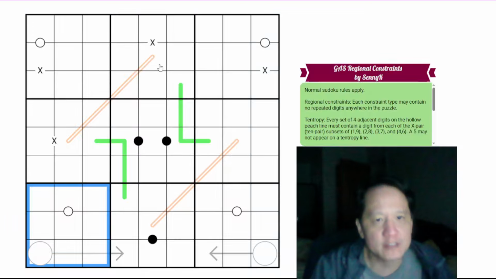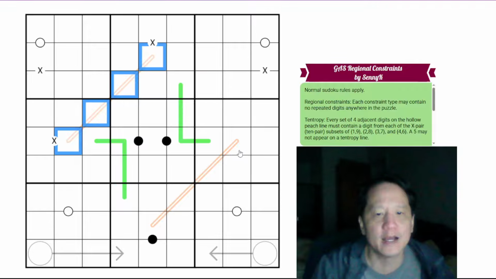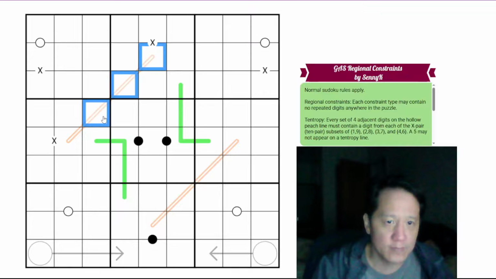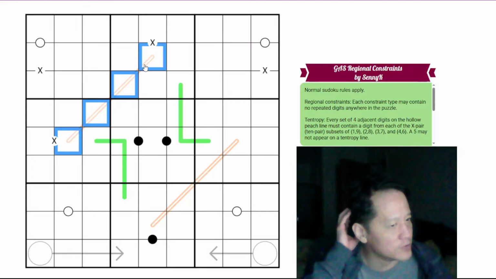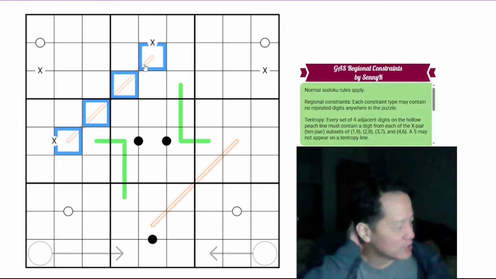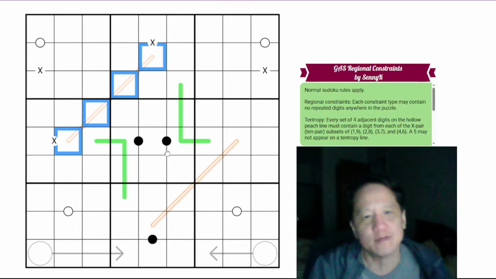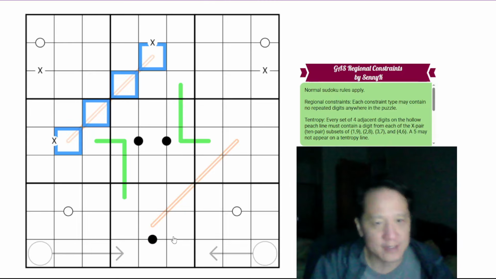So that means any constraint that has the same constraint type, you cannot have repeats on. Oh, so I guess I should have used the version where you can't have repeats in any row, column, or box. But anyways,